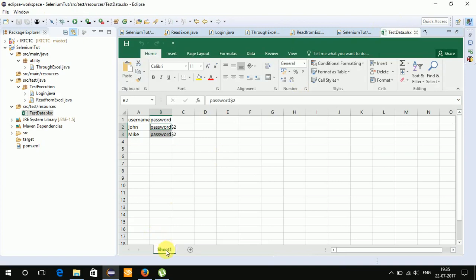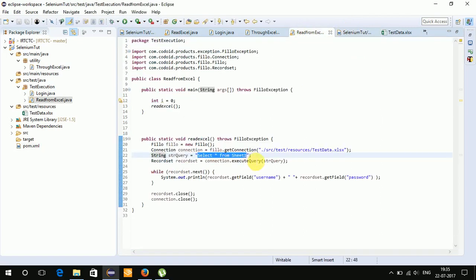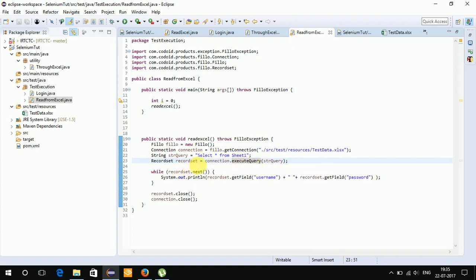You can give any sheet name you want and just specify here that you want to read from so and so sheets. So what it will do, it will return the record set. It will return the value in a string manner. So it will store in record set. So when we execute this statement using connection.executeQuery, you'll see that all the results will be